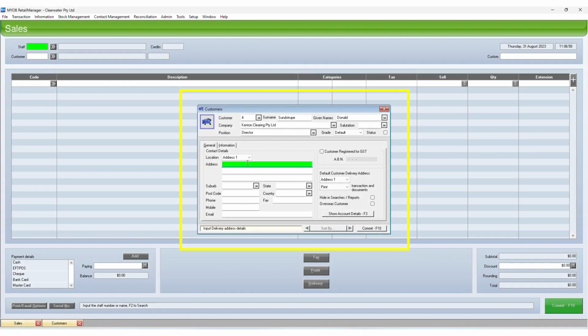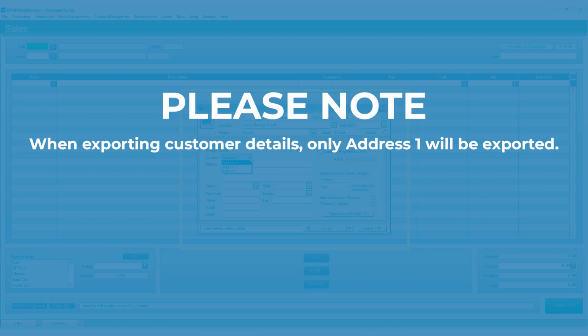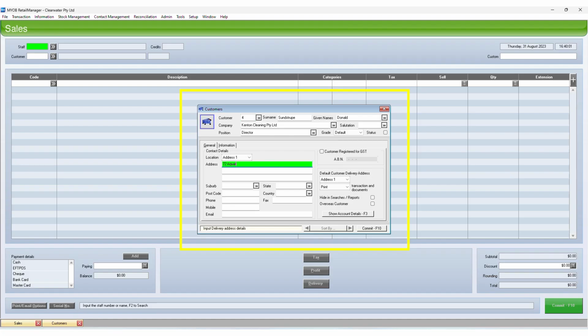Enter the customer's contact details. If the customer has more than one location, select Address to and enter the additional details. You can enter details for 3 locations. Please note, when exporting customer details, only Address 1 will be exported. You can also send invoices, statements, sales quotes, etc. to multiple email addresses. Just separate each email with a comma and no spaces. For example, accounts@yourdomain.com and comma, sales@yourdomain.com. If applicable, select the customer registered for GST option and enter the customer's 11-digit ABN in